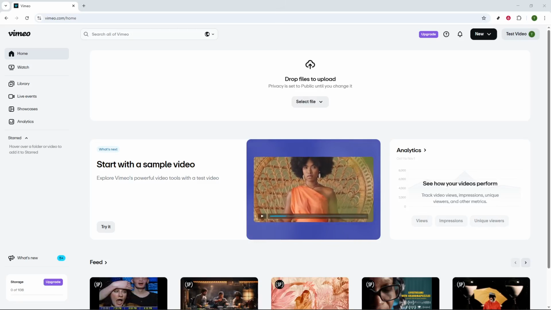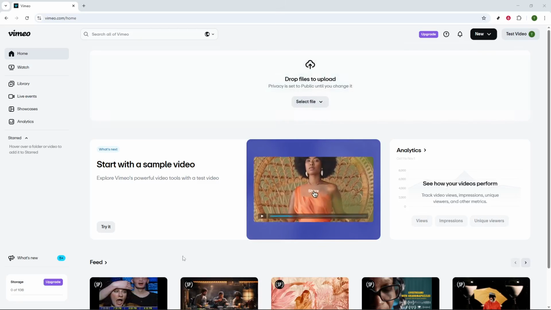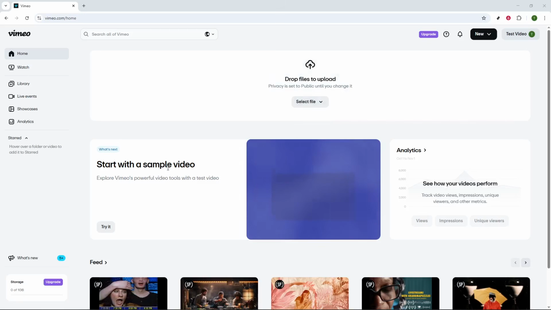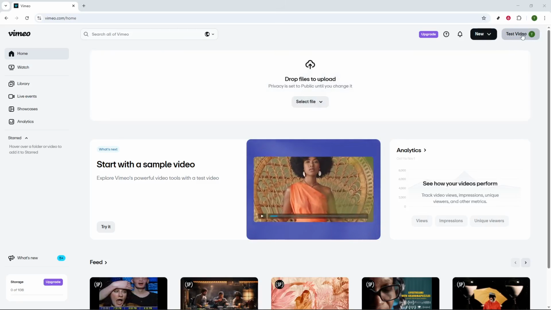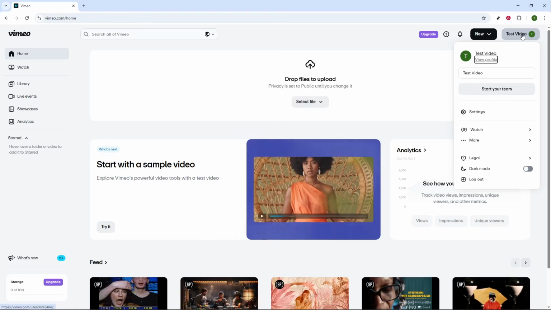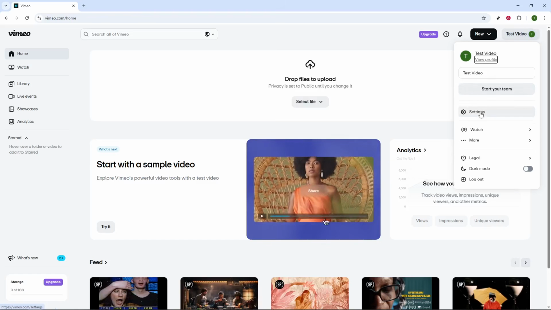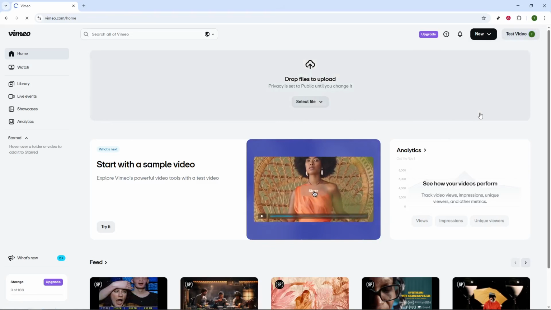First, you need to make sure you're logged into your Vimeo account. Once you're in, head over to the top right corner of the screen where you'll see your profile icon. This is your gateway to various account settings, so go ahead and click on that icon. Now, from the drop-down menu that appears, you'll need to select Settings. This will take you to a new page where you can manage and alter the various settings associated with your